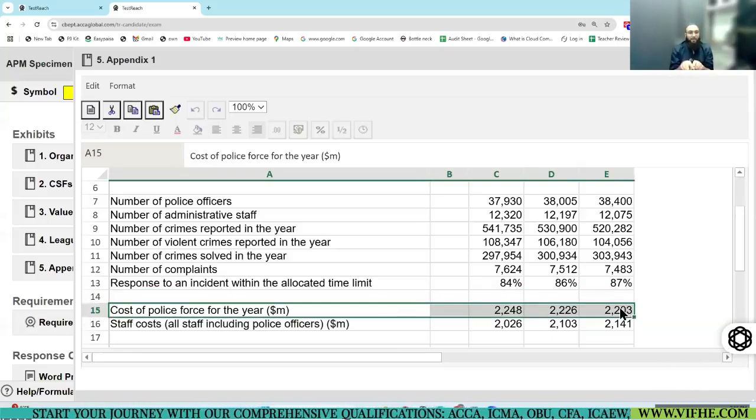So for economy, if I had a breakup of staff cost into police salary and administrative staff, I could have worked out cost per salary of police separately and cost per salary of administrative staff. Okay?